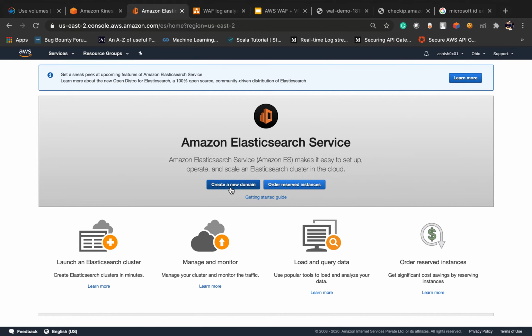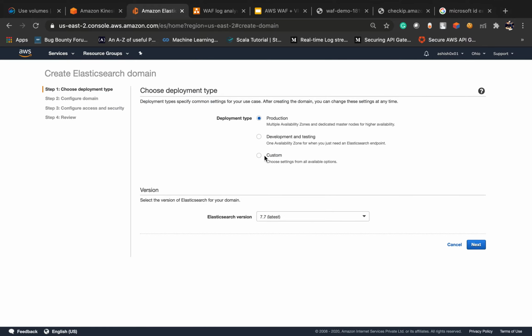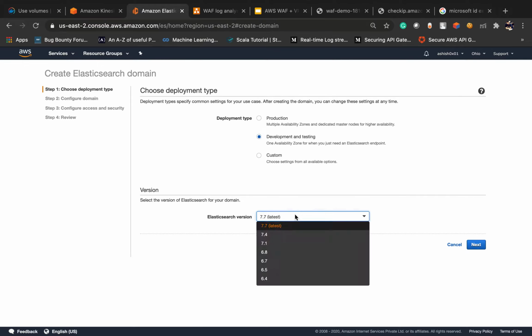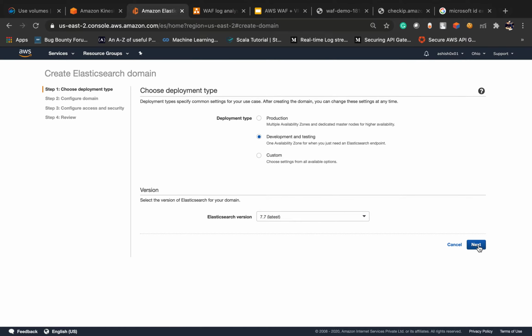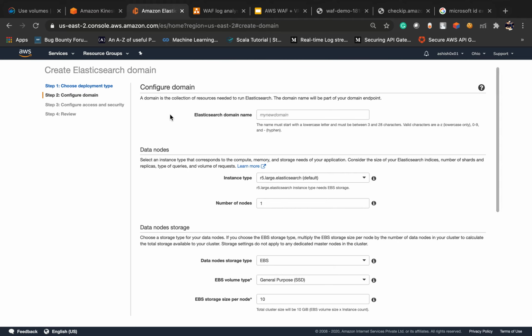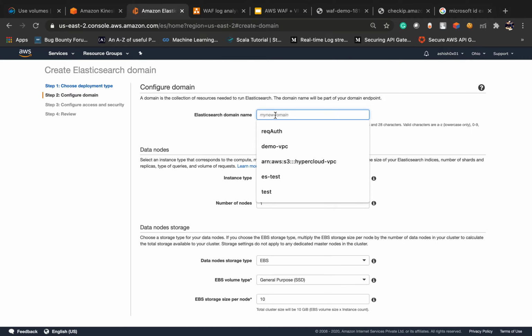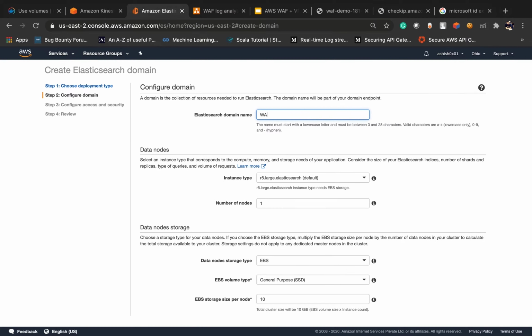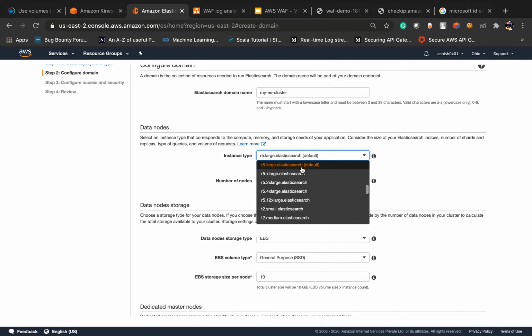After this, you need to create a new domain, for dev and testing, and try to choose the latest version. For the name, suppose I call it web my ES cluster. I am taking R5.large, which is the default, or you can choose others like T2 medium Elasticsearch.